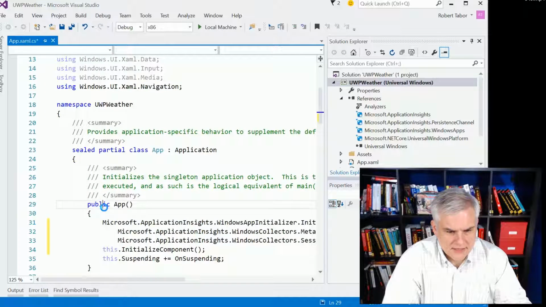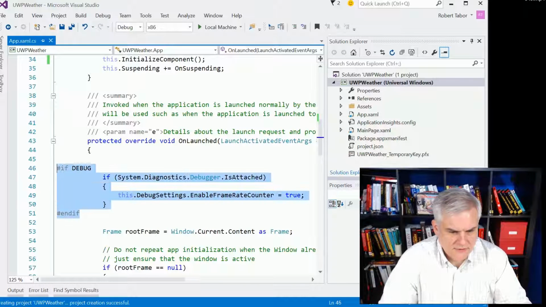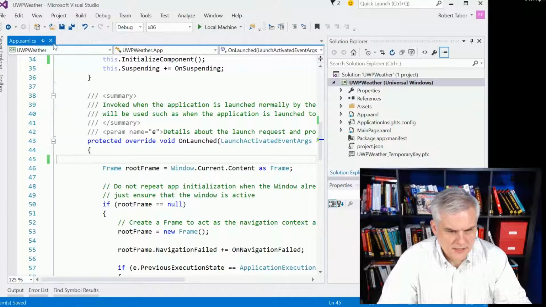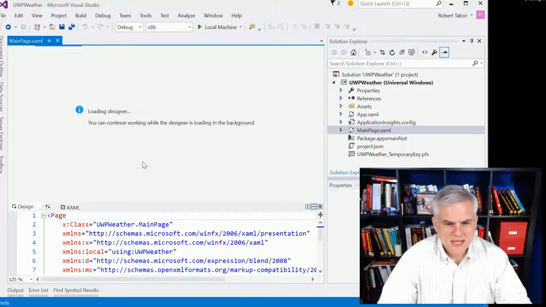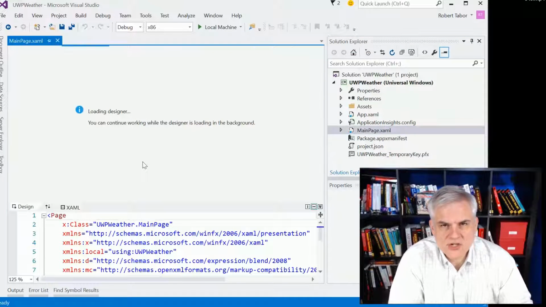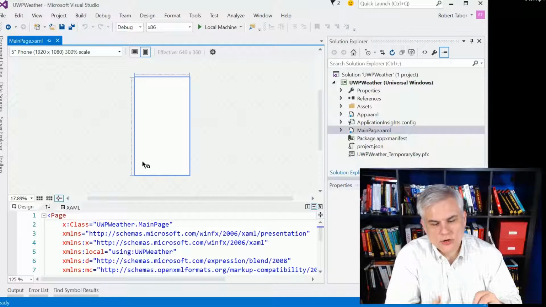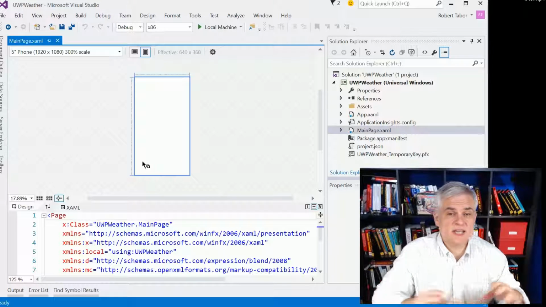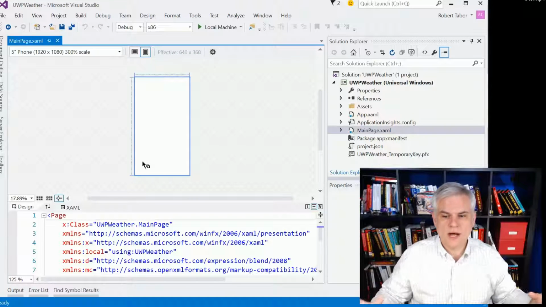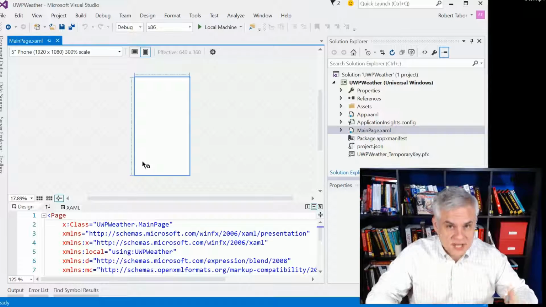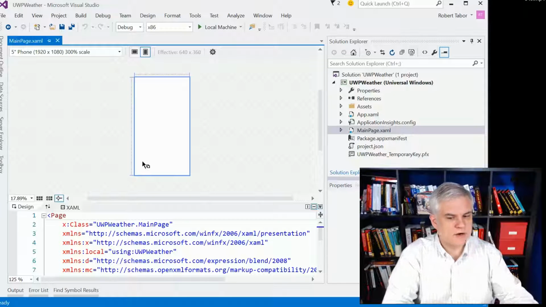Okay, and the first thing I'm going to do here is get rid of the frame counter, like always, and I'll open up MainPage.xaml. Okay, so what I have envisioned here is a pretty simple application. It's just going to have the current weather for the current location you're at. You can extend this, and I'll show you how you can make this as complicated and as feature-rich as you want. It's just pretty much more of the same of what I'm going to show you here in this lesson,